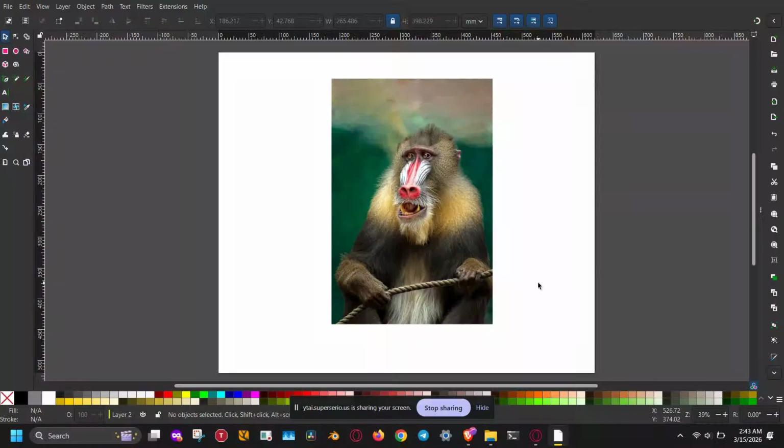In today's video, I'm going to show you exactly how to posterize in Inkscape. This process is incredible for turning standard photographs into stylized vector art, creating screen print designs, or simply simplifying an image for graphic design purposes. We will be using the powerful Trace Bitmap engine to achieve this effect, taking standard pixels and turning them into